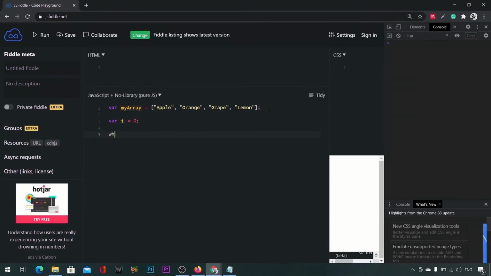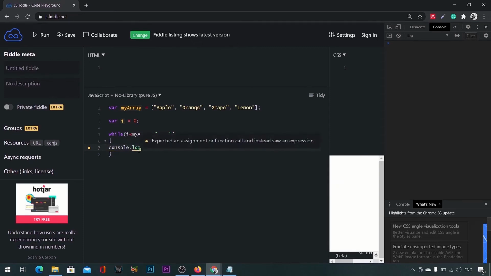And now I'm going to specify the condition that needs to be met for this loop to continue. Okay, let's just break this off. So while i is less than the length of my array, which is 4, dot length. Never forget the dot length property if you are working with properties in this case. Okay, while this is the case, do this block of code that I'm about to write out, which is